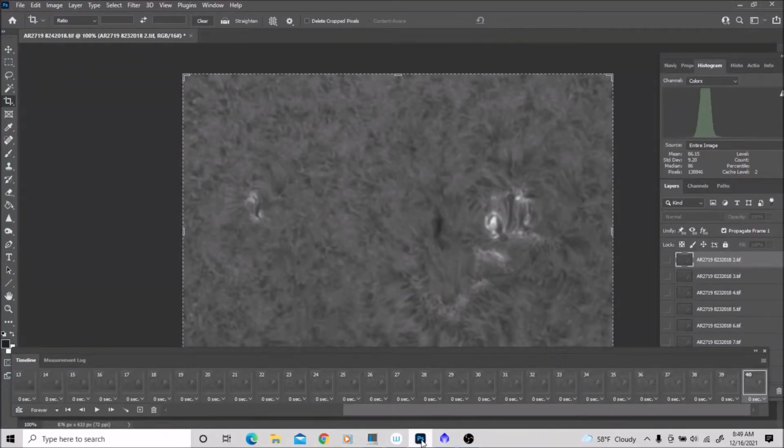I'm going to start this tutorial. This is an addendum to my tutorial I made in November of 2020 on putting together animations, solar animations, how to take a number of frames of an area and then put them together over time to show the movement